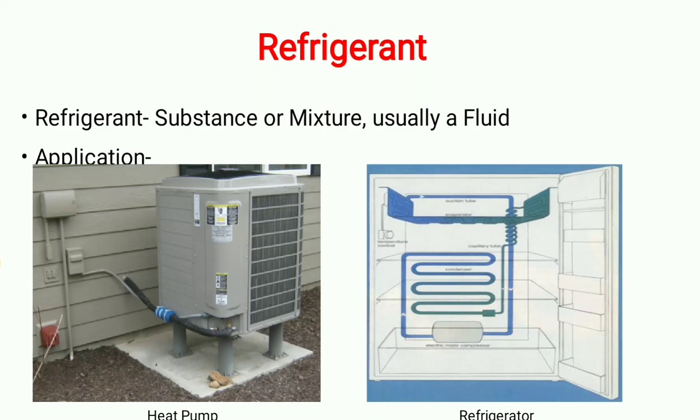So basically, when this refrigerant flows through the system, its work is to extract heat from the place where we want to maintain coolness, like inside this refrigerator, and take it out to the surrounding. This is how a refrigerant is used to run applications like a heat pump or refrigerator. There are lots of refrigerants available in the market. So what should be the desirable properties so that it will be